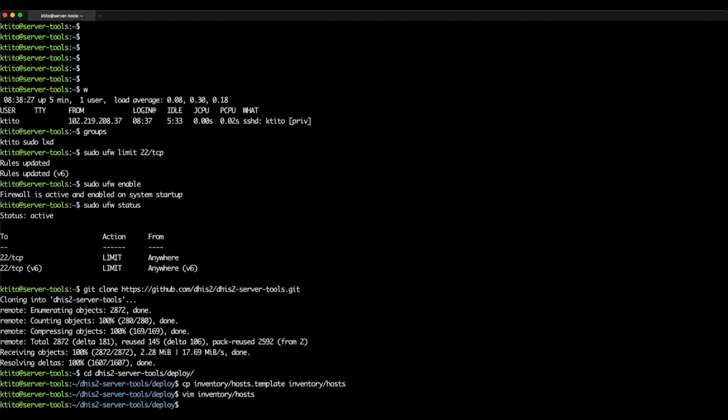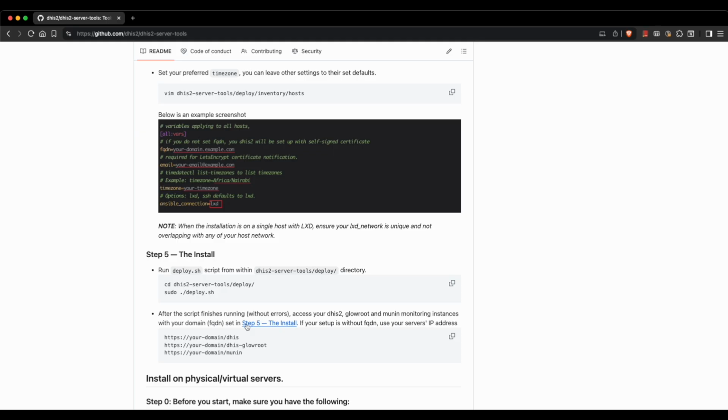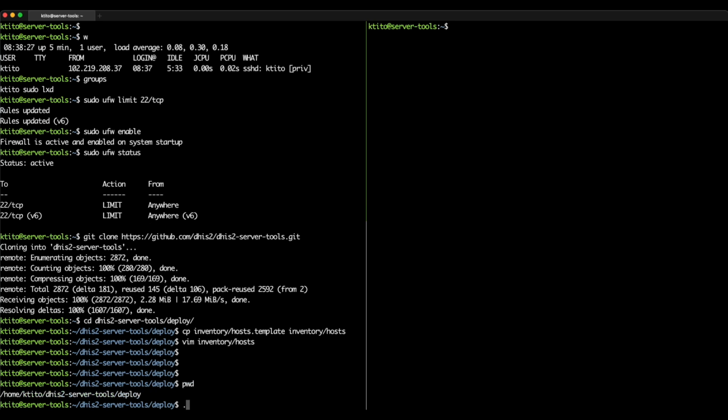Okay, I'm gonna do that in a split window. Okay, so step number 5 is just to run deploy.sh. We are already in the deploy directory, as you can see, with pwd. So I'm going to just run sudo deploy.sh. This is the reason why we asked you to have a root user with sudo privileges,